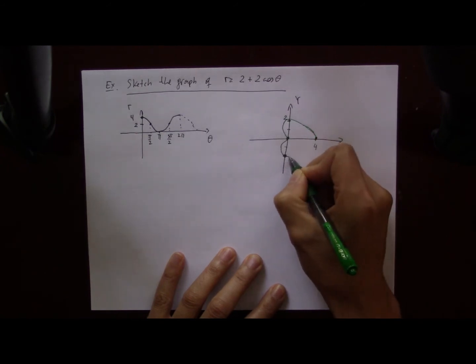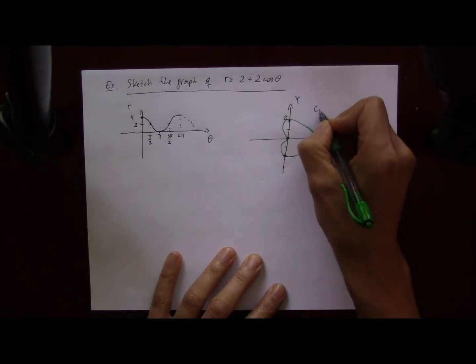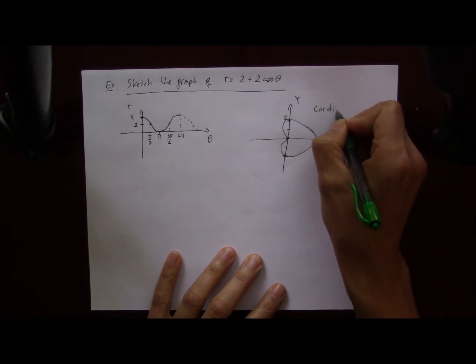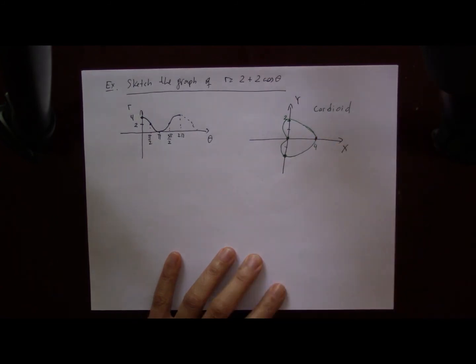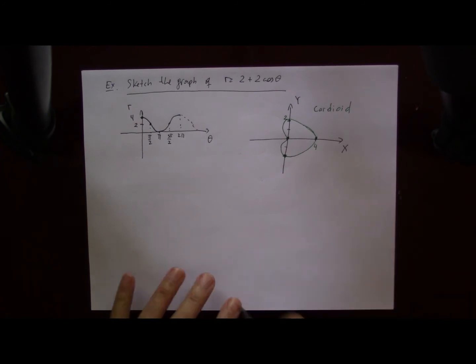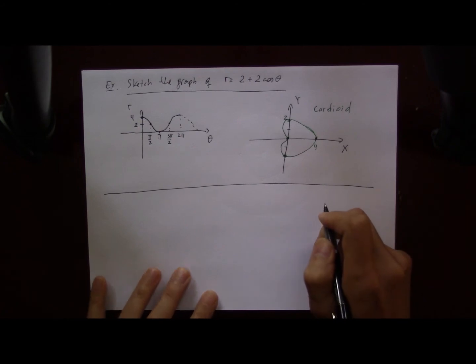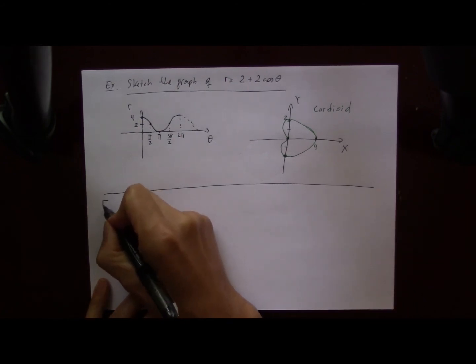And we're going to get a curve which looks like this, and that curve is going to be called a cardioid. Cardioid along the x-axis. Next example, you want to sketch a graph of